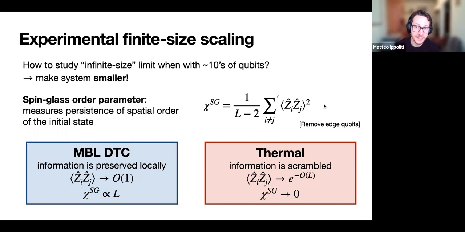And the spin glass quantity is expected to, because in the localized time crystal all of these expectations are expected to be of order 1, finite, this overall scaling should be linear in system size. We are adding up essentially L squared finite numbers and dividing by L, therefore this should diverge towards infinity. Conversely, on the thermal side, once the system becomes thermal, any of these expectation values will become exponentially small, and therefore, even by adding up L squared of them, we're still going to converge towards 0 at late times.